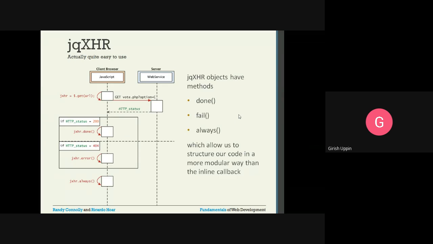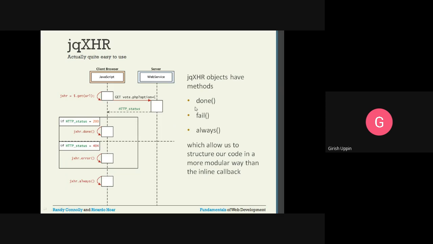What that means is, when the request is successfully executed, the done method is called, and whenever there is a failure, the fail method is called. Irrespective of whether the request was a success or not, always is called. That is how we can modularize our code.